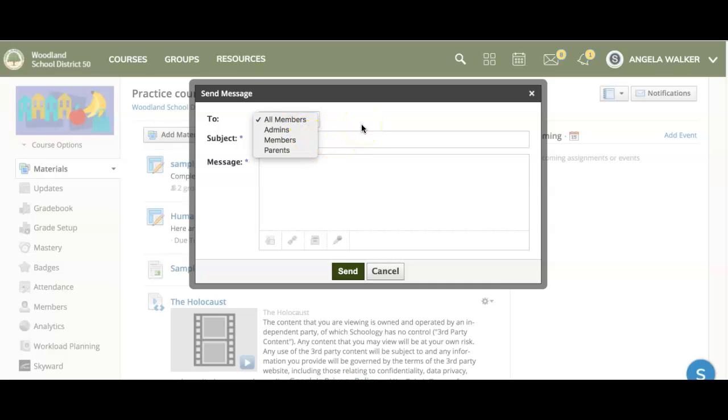So just as a clarification, don't confuse that you're thinking you're sending it to the admins, the students, and your parents. That's not what this drop down arrow is for. So if you want to send something to all of the parents that are in your class, you can do so here. Click send and it goes directly to the email that is on file in their Schoology account linked